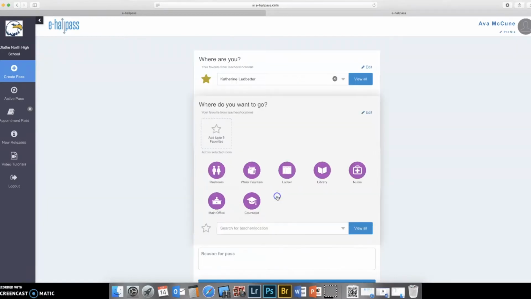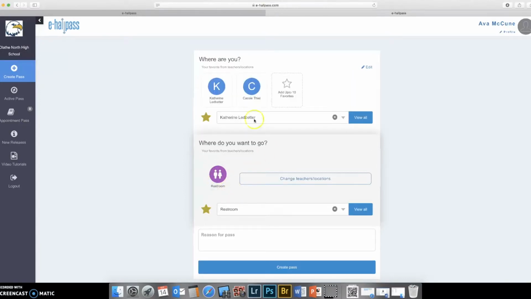If the student clicks on this, then they have some options here. The restroom, water fountain, locker, library, nurse, main office, and counselor. The two locations that actually need a reason for the pass to leave is the nurse and counselor. Possibly the library, but for restroom, water fountain, locker, you do not actually need to state a reason unless they want to. So for the first one, I'm going to go ahead and choose restroom,